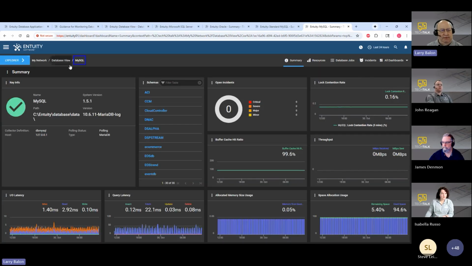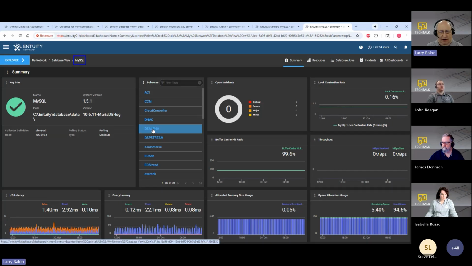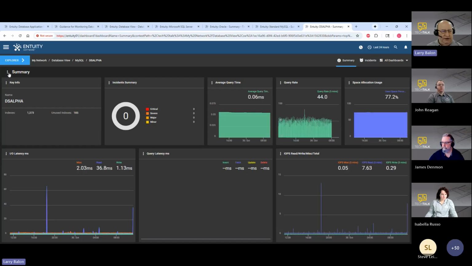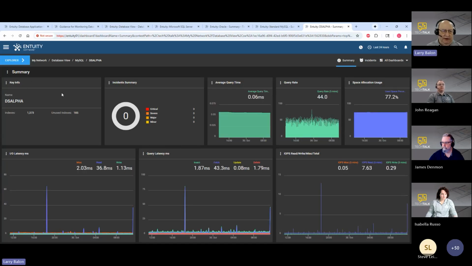I'll come back to the MySQL server, and again, this one here, we're actually monitoring the production instance of this Entuity server where our demos or our software is running, and you can drill into the schema itself, and that will bring up a dashboard that's specific to the schema. It'll give you some key information about this schema regarding the number of used and unused indexes. Again, if there are any incidents associated with this, and then we're going to provide